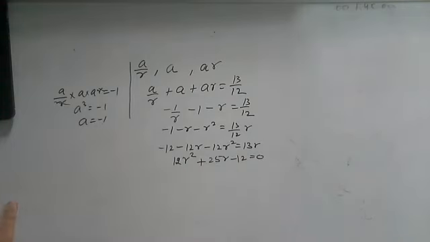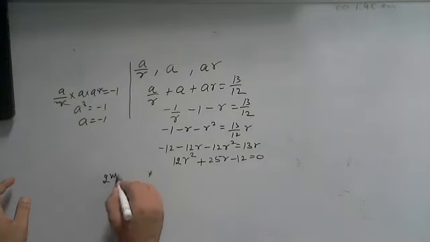12 into 12, 144. Now we need to write 25 as the sum of two numbers whose product is 144. I think 16 and 9. 16 into 9 is 144. You must know how to solve. You just solve it. I am giving you a time. Solve करके आप मुझे बताएं R की क्या वैल्यू है. Take your time. Find the value of R. I am giving you 2 minutes. Solve it and give me the answer.